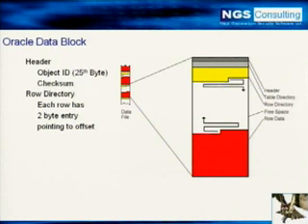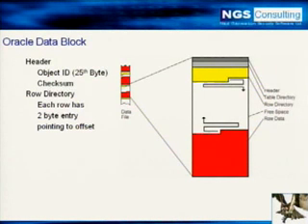The grey, I'm colorblind, so I hope I've got the colors right here, the grey at the very top is the header. Below that is a table directory, and that's the light grey. The yellow thing is the row directory. We'll speak more about the row directory in a second. Data itself grows from the bottom of the data block upwards towards the header, and the row directory grows downwards towards the row data itself. In between is free space.